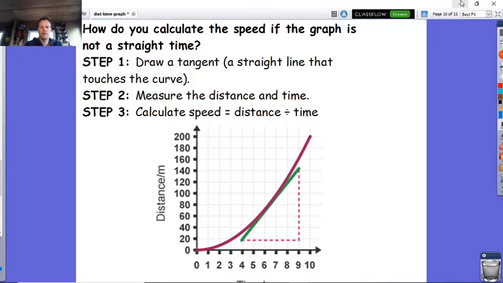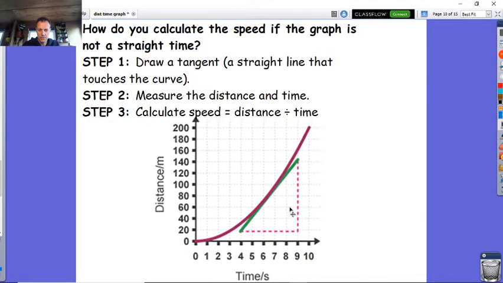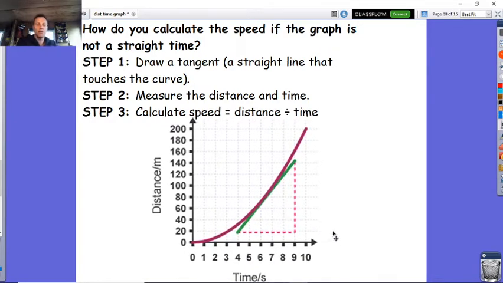This is the second part to the distance time graphs. Here we go. So you'll find in your book where you don't have a straight line for a distance time graph. Gosh, time is just missing at the bottom there. You can see it. Anyway, if you've got a distance time graph here, you can see